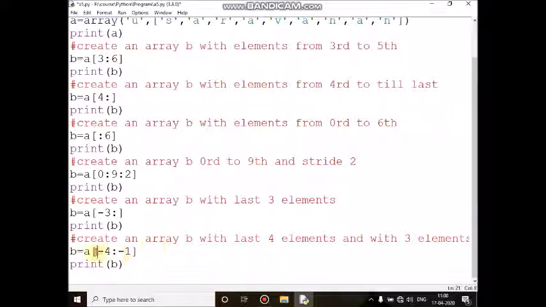Now here I am going to create B equal to A of minus 4 colon minus 1. That means last 4 characters, but it will skip 1 character. It will leave one character.